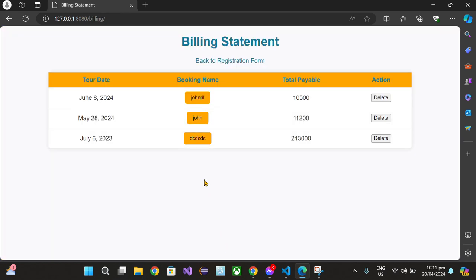And then here's the record. So total tour date is June 8, 2024, and booking name is general, and then also total payable is 10,500.